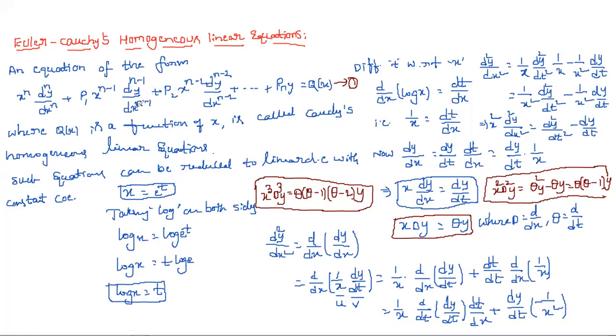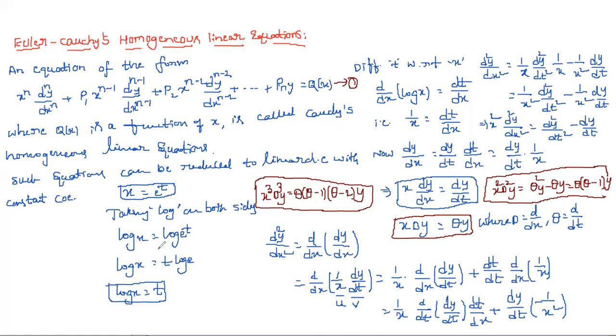Then that equation converts into a linear differential equation with constant coefficients. And as usual, procedure, complementary function you need to calculate, and particular integral you need to calculate. The only difference between the previous one and this one is that we are converting Cauchy's linear equation into a linear equation with constant coefficients. For that we are using all these substitutions. Okay, and one more thing, there you applied in terms of x, but you may get it in terms of t. There is no difference there and here. Procedure as usual.